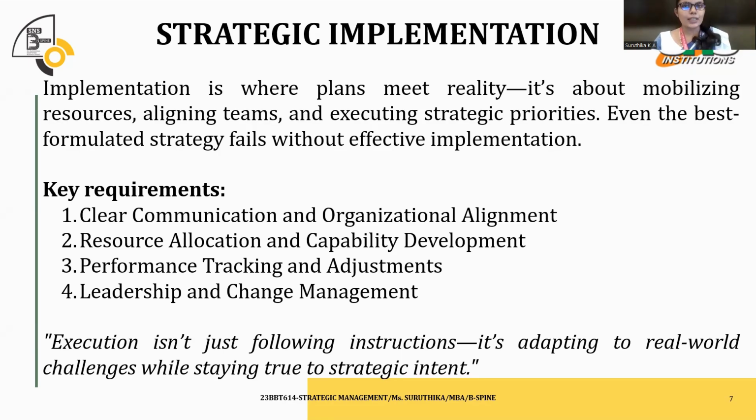There has to be proper alignment inside the organization. There has to be a proper system, a proper order that is being followed inside the organization. There has to be efficient resource allocation. There has to be people with proper capabilities. Capacity development will be very important. After all this is done, there has to be performance tracking mechanisms. Like we'll have to see whether everybody is traveling in the right direction when it comes to implementing the strategy. Lastly, the leadership has to be strong and the entire team has to be agile. They'll have to be very open to change and change management has to be effective.